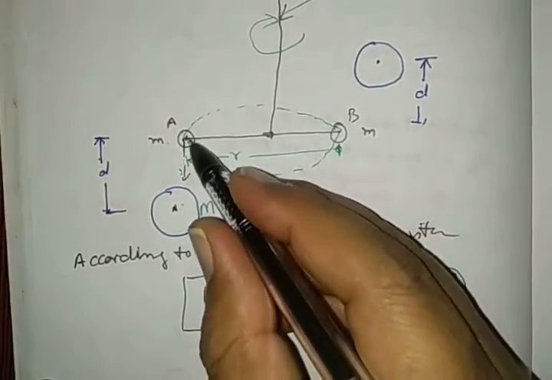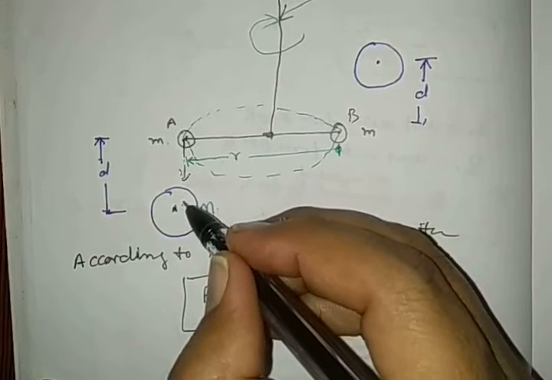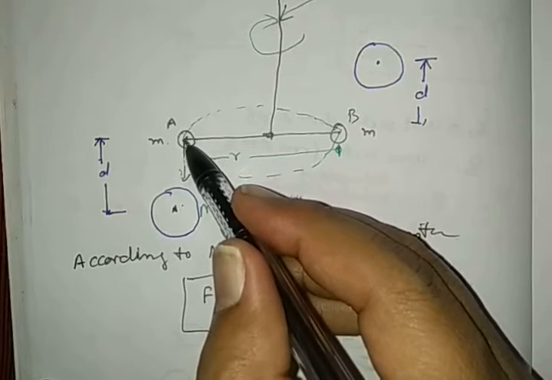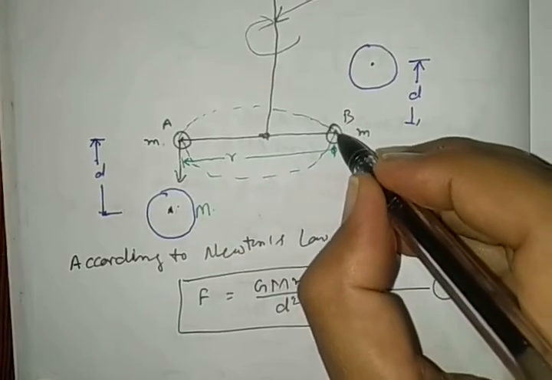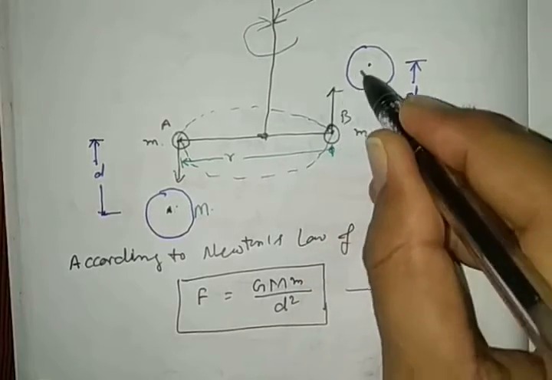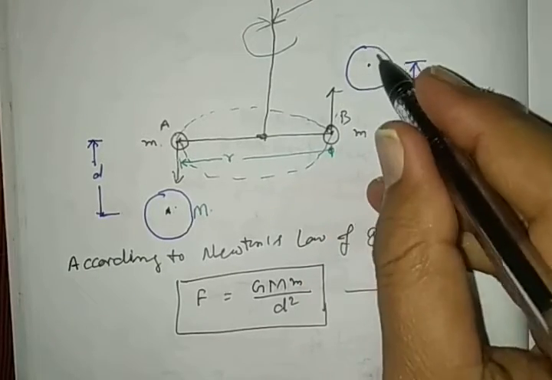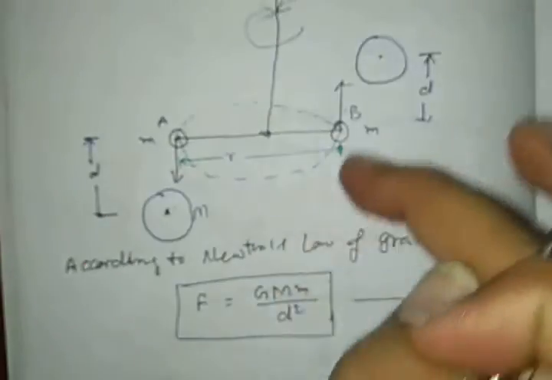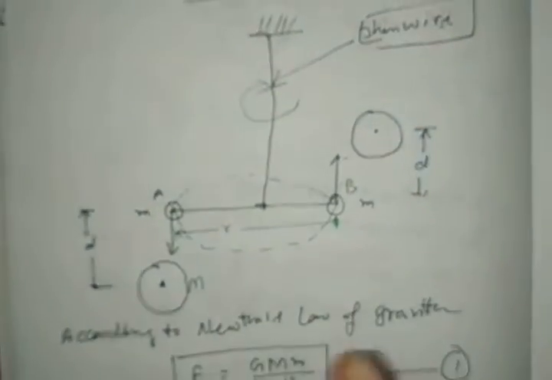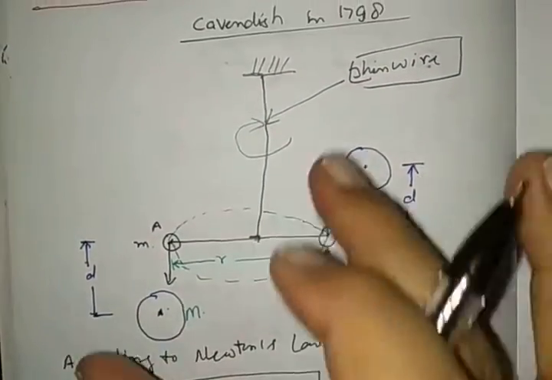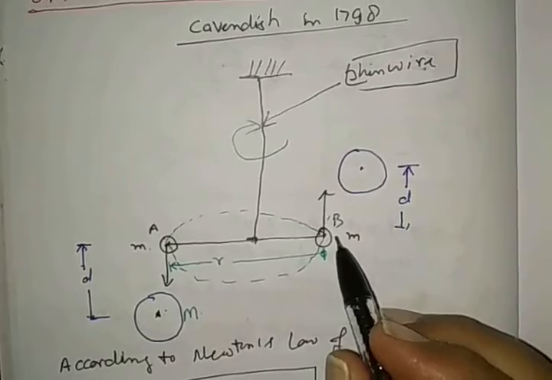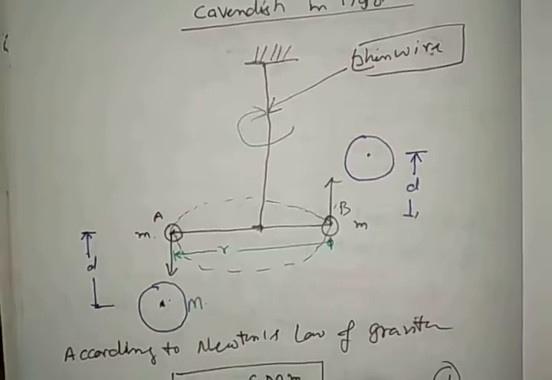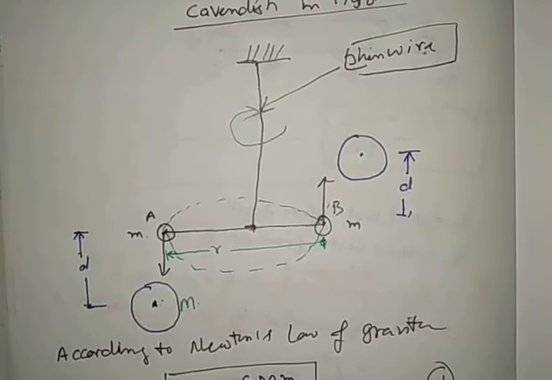The heavier body attracts the lighter body because the effective force will be on the body A. Similarly, the effective force will be on body B, kept in the same position, same direction here. So its tendency is to rotate the system in a rotational motion. Why does it rotate? In the beginning I mentioned it is made to rotate. How is it made to rotate? Because here is a tendency to rotate it in a circular path.